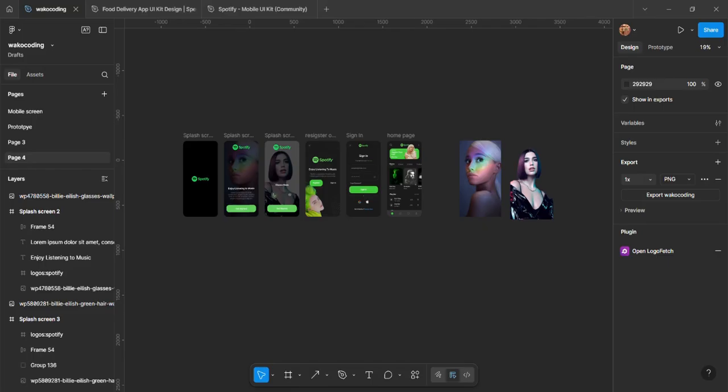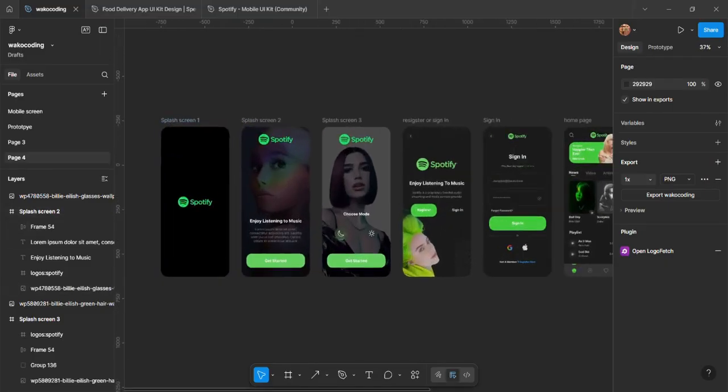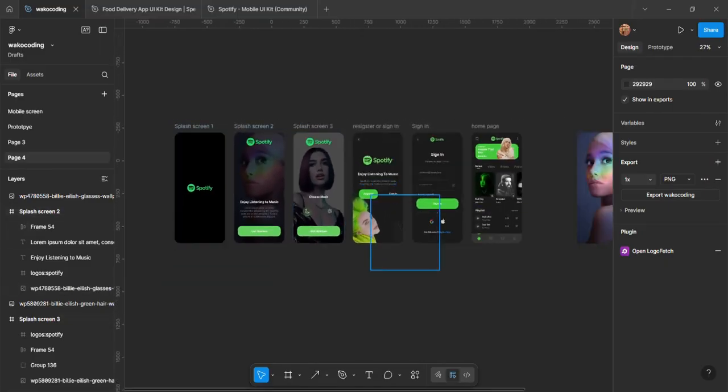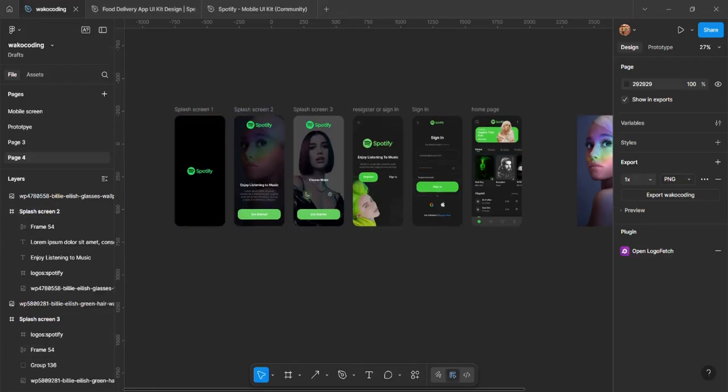Welcome back to our UI/UX design class. Today we'll be looking at designing these six screens. We'll be redesigning them here. Before we start, please